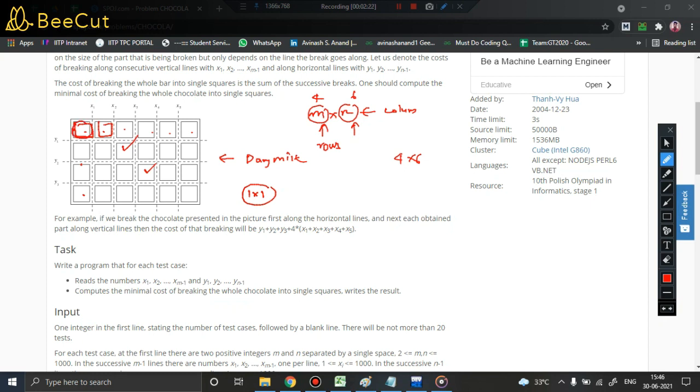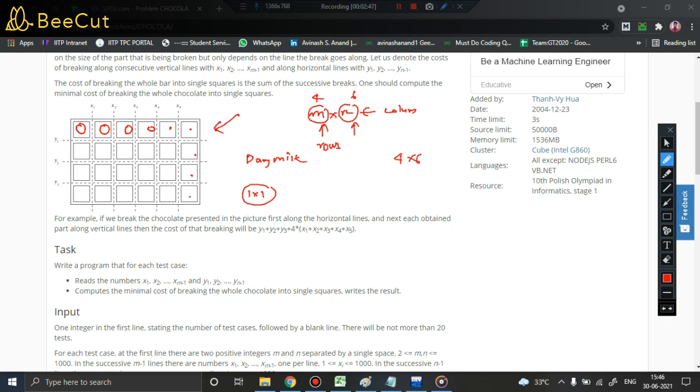Suppose I am interested in dividing this among my friends. Whenever we are in our hostel or among our friends and we have to eat this chocolate, what we generally do is divide it into square pieces. So that is the purpose. We are going to divide this entire big chocolate into smaller square pieces, and then I'll give each of them to my friend. Anyway, that's something else. Now the challenge is, how do I divide this chocolate?